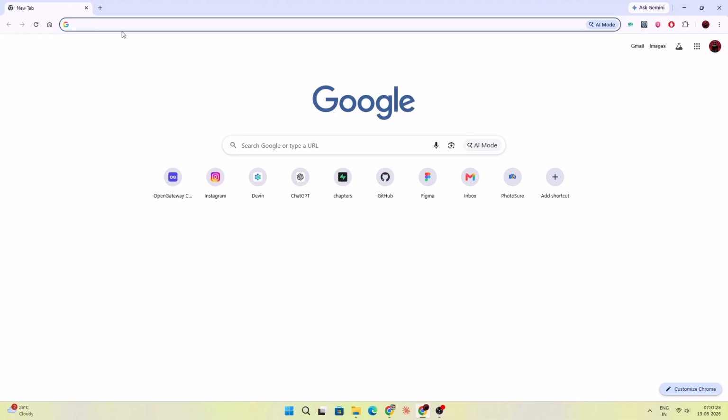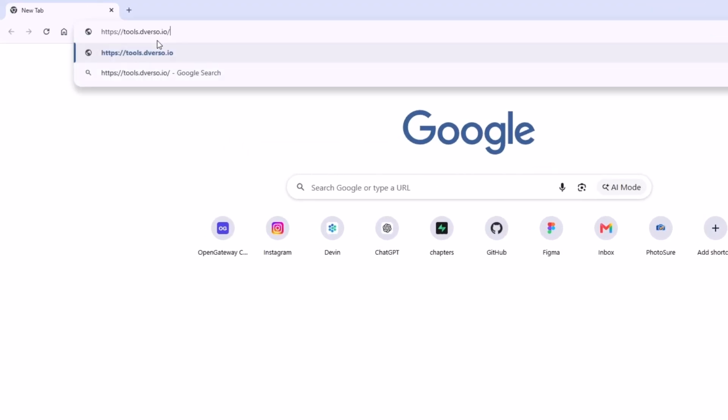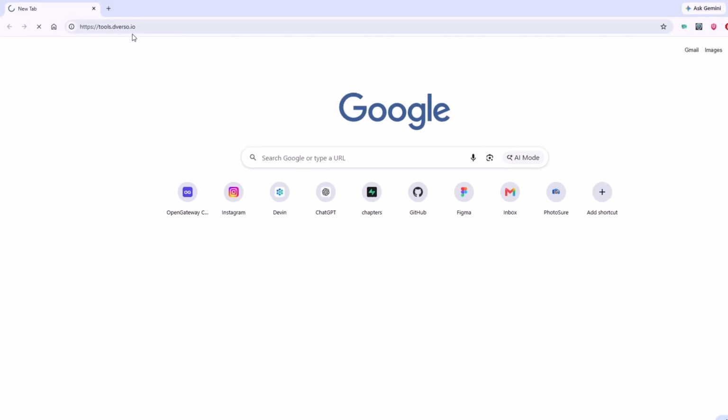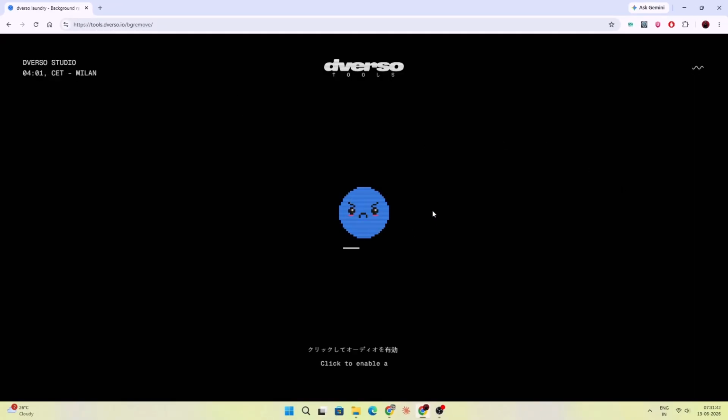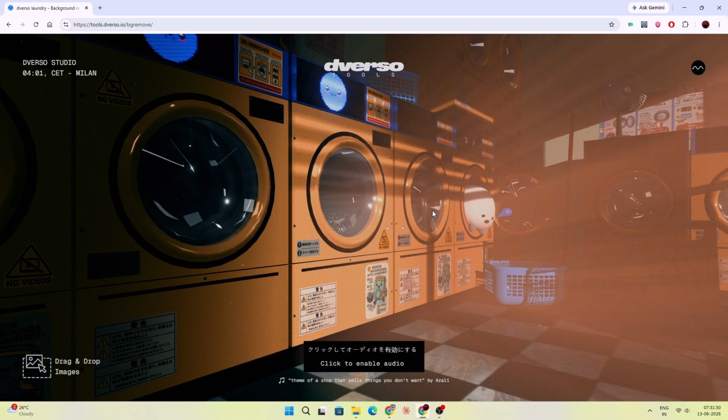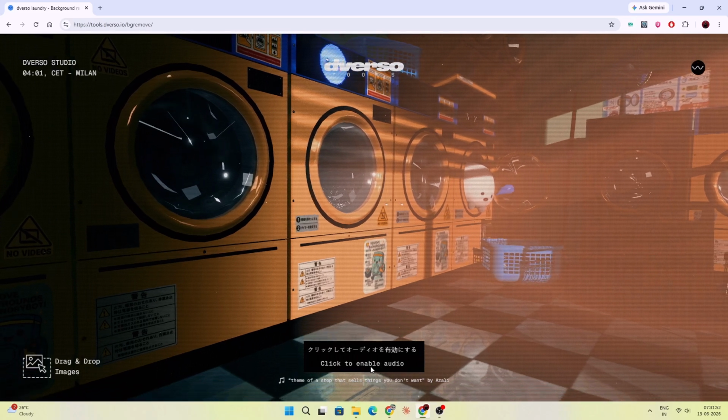In just a single click, without using any software, no Adobe software, nothing, just a simple website. And the way it removes the background really impressed me. Go to this URL, and it has some funny audio as well. I'm gonna turn it on, so in one photograph, and then in one we will try to disable it. Okay,